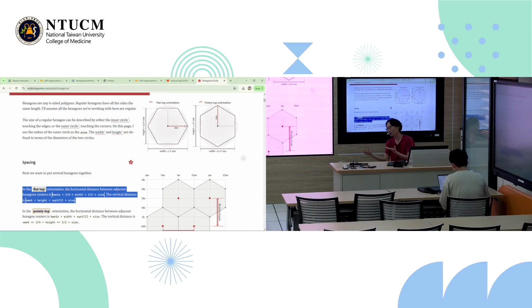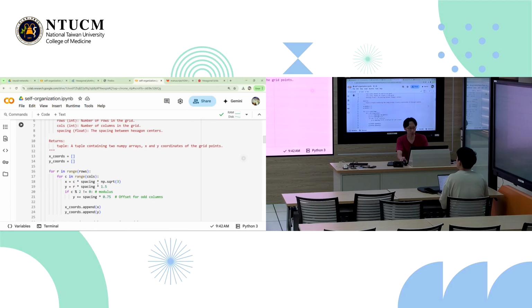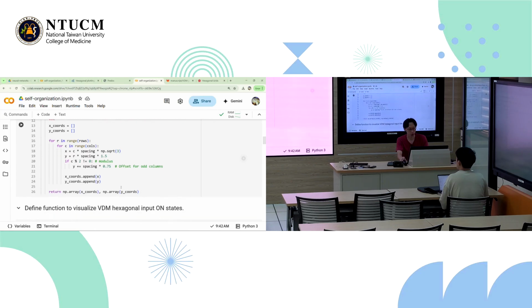Because size is 2 cm, if I move in the hexagon world in the vertical direction, then I'm moving by some factor of square root 3 times size units, right? But in Cartesian world, I'm moving by different scales of units, right? So this is what we are using. And so we will use this code to jump between